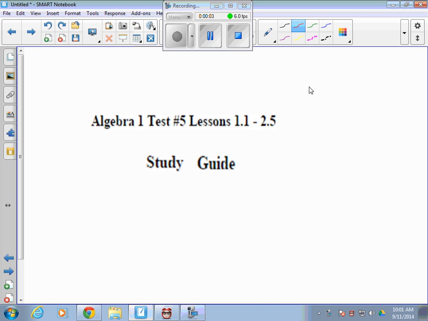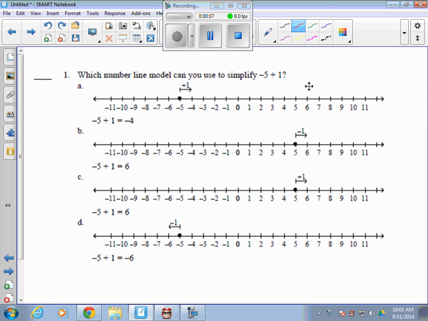This is Algebra 1, Test 5. We got through Section 2.5, Multiplying Real Numbers. This is the Study Guide. First problem asks, which number line can you use to model, or to simplify, negative 5